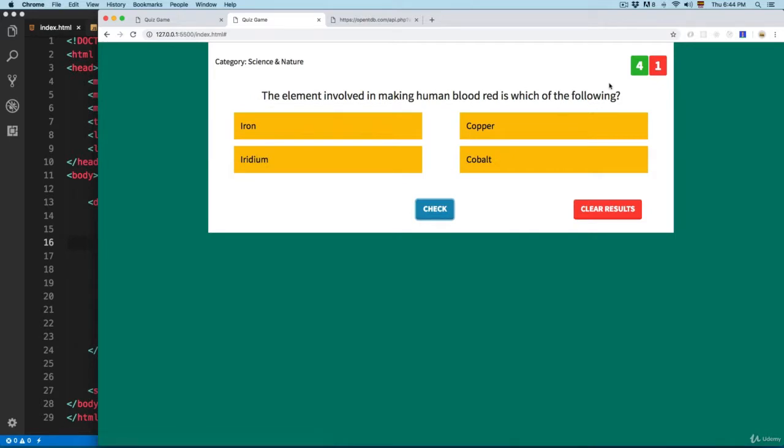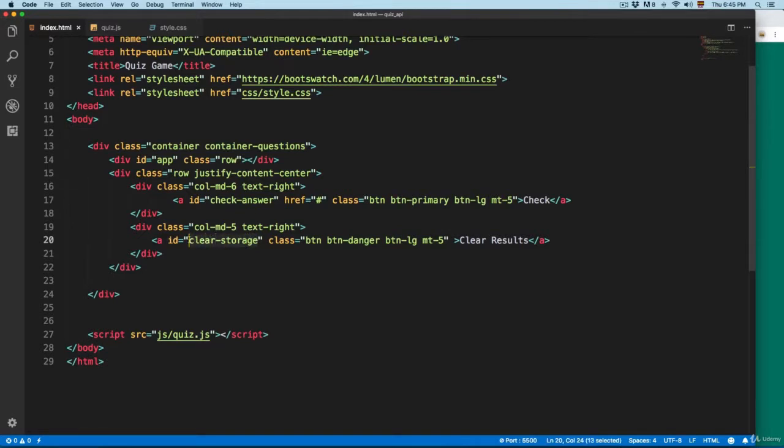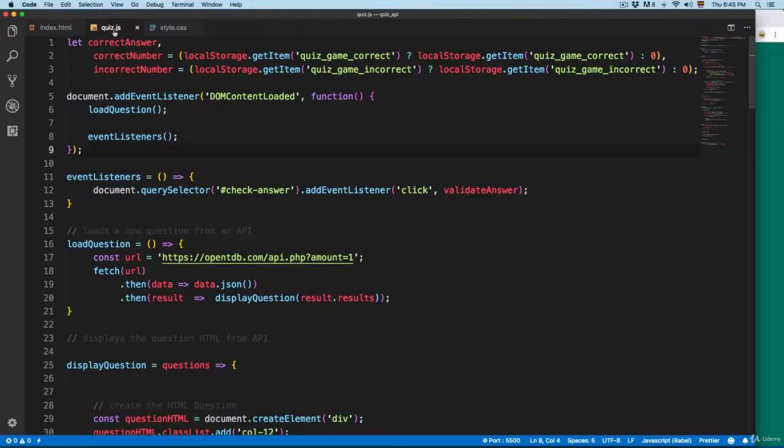So let me click here on check. You can see it was right. So everything is working fine at the moment. We need to add this clear results button. So again, we're going to open the quiz. You can see we added this clear storage ID. So we're going to open the quiz.js. And right here, I'm going to add a